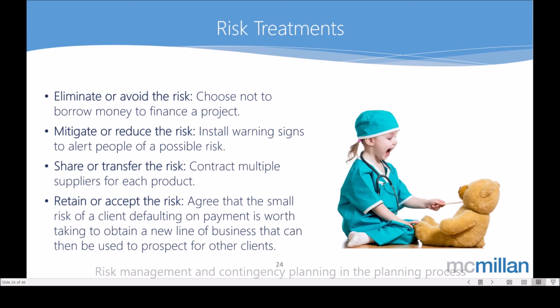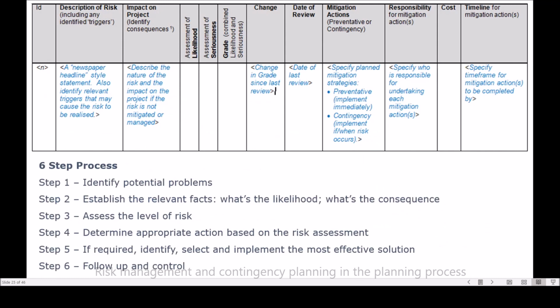Or we might just eliminate or avoid the risk altogether, even though another supplier is going to cost us more money. We're going to go with another supplier so that we avoid that risk altogether, or we can reduce it down anyway by using a supplier that's been assessed to be more reliable, even though they cost more. So there's a range of treatments that we can use, and then depending again on the size of